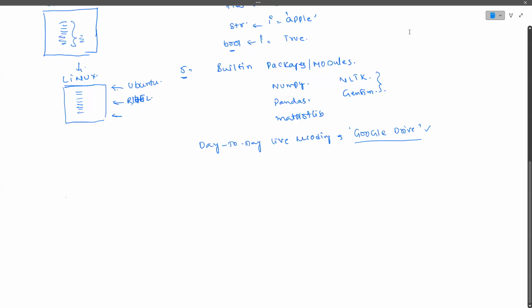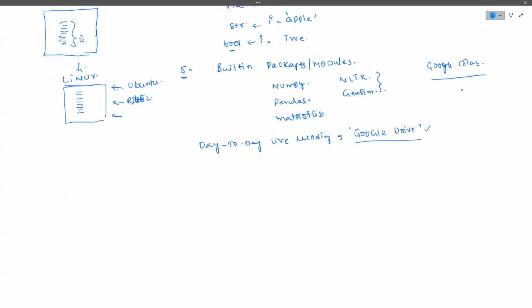One question, sir. You told us 16 GB should be there. My system is 8 GB and 64-bit. Is it fine? Fine, 8 GB is fine. The basic model is 8 GB, but sometimes if you try to run a little bit larger models, it may crash. In that case, if any crashing takes place, you can work with Google Colab. I'll show you how to work with the Google Colab.